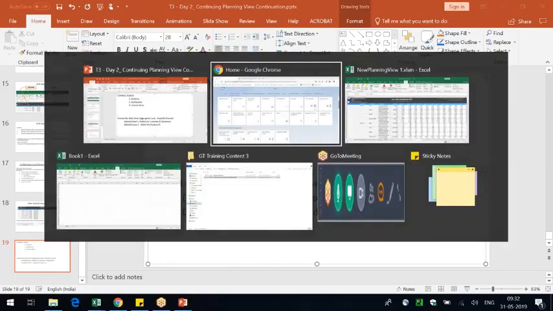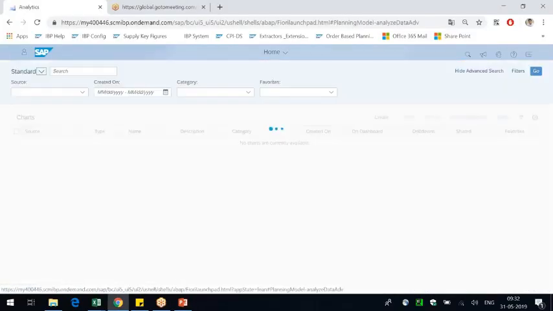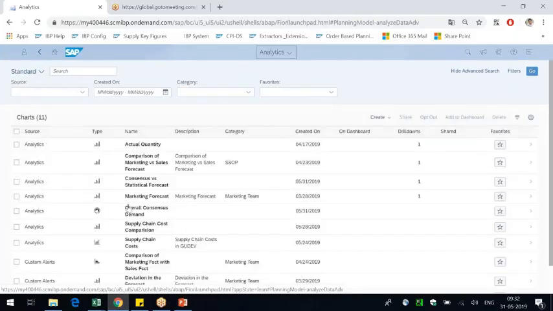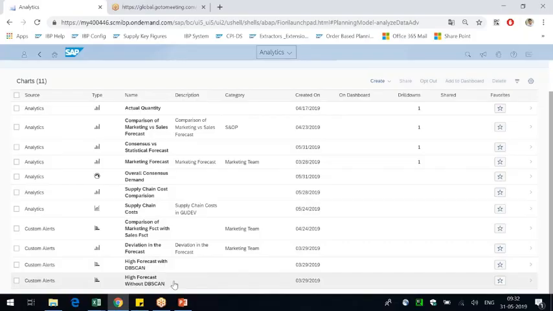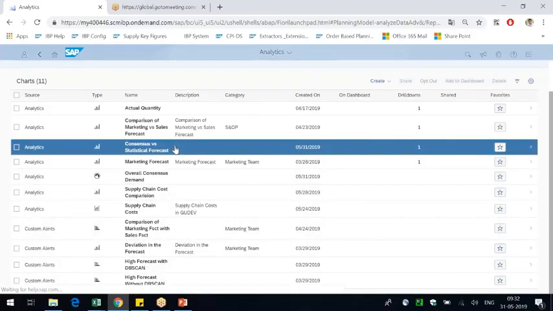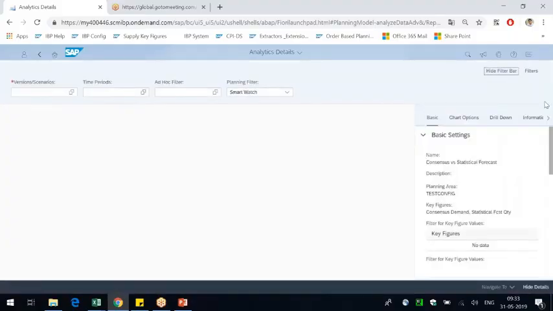So now if I go to the Analytics Advanced, where is that? This is the one. So you can see there is a drill down 1. I don't know why only one drill down is showing, but whatever.